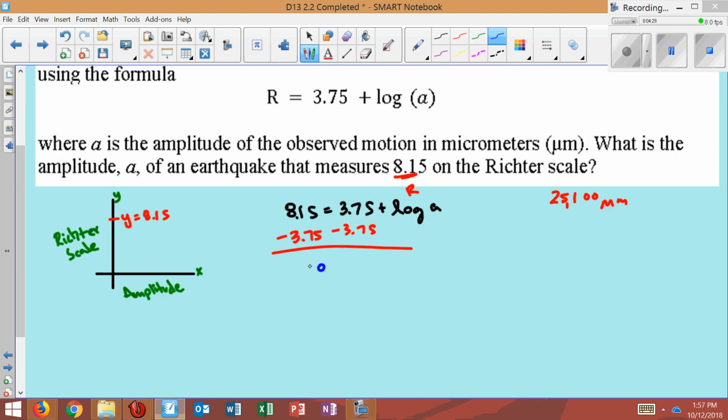And so I would subtract that. And when I subtract, I would have 4.40, I believe that's right, equals log A. And now, how do you get rid of the logarithm? You would say the base to this power, so 10 to the 4.40 will equal A. So this would be the exact answer. A should equal